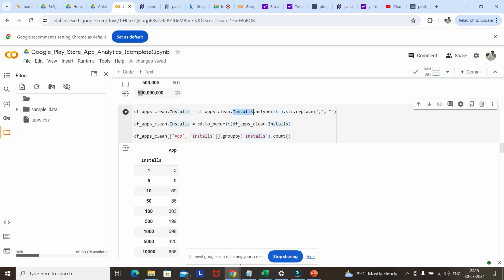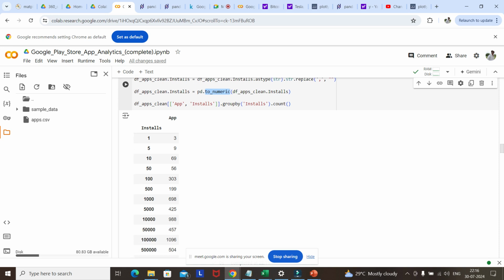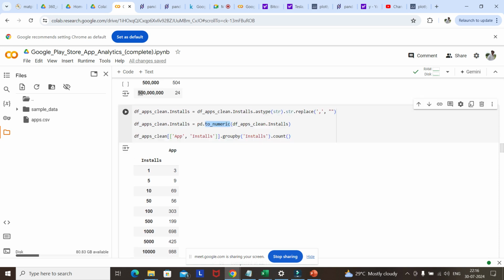Once we do that, we convert that string object to numeric. Here we are using pandas to_numeric for this data type conversion. Before, we used the same thing with pd.to_datetime to work on datetime values. So the same thing. Once we run all this,